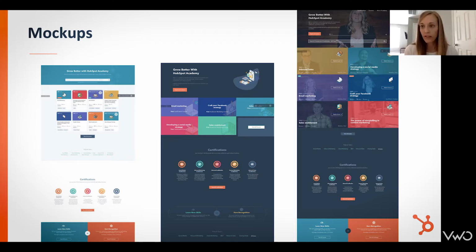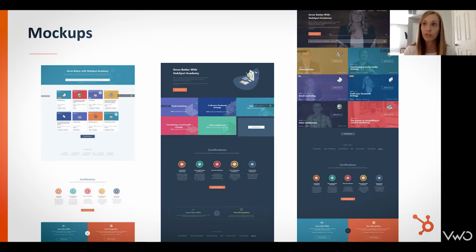So for that example, we would watch users' behavior and see could they find something quickly. We also asked users, did you realize that all courses were free and 100% online? That's the value prop with Academy that we had written into the copy, and we wanted to see if it was clear. So the good news is that we came back with really consistent feedback that most users and most